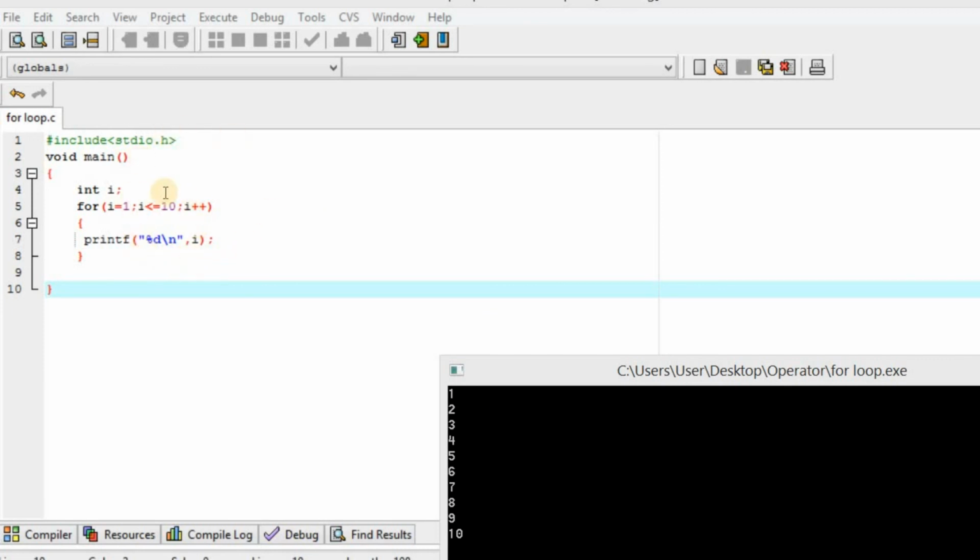Likewise the loop will continue till i is 10. 10 is equal to 10, the condition is satisfied. Then 10 plus 1, incremented to 11. 11 is not satisfied, therefore it terminates. The condition is false, therefore after 10 the loop is terminated. So in the output, for the numbers 1 to 10, it will print 1, 2, 3, 4, 5, 6, 7, 8, 9 and 10. I hope you understood the for loop with example, syntax and flowchart.